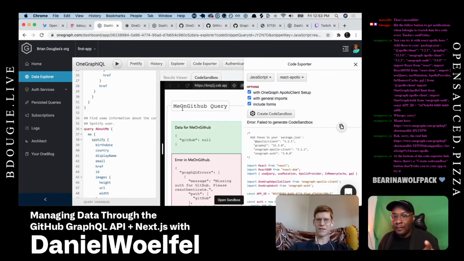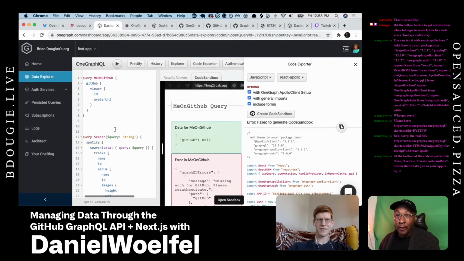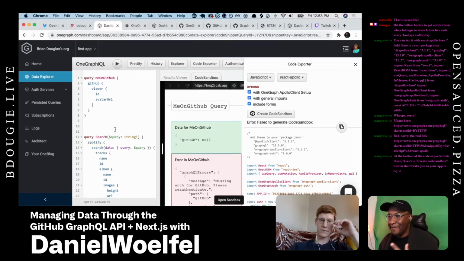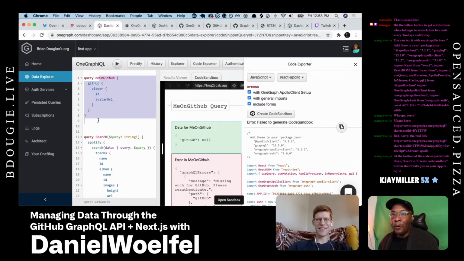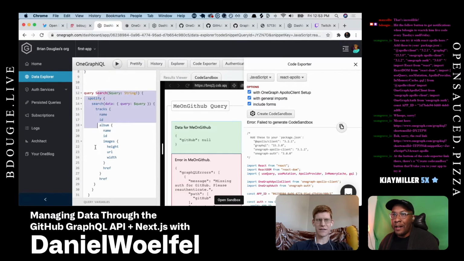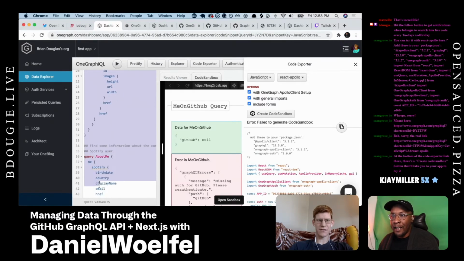GraphQL itself, a lot of people aren't familiar with the onboarding path and getting into GraphQL. Sometimes you hear the spec and people can talk about it as a thing, but a lot of people don't know what to do with it. And I think what's cool about this is that you do have OneGraph, literally. It's the name of the app as well. It is OneGraph. But we have only been talking about GitHub, but if I scroll down, you could also see there are Spotify usage of this app as well.